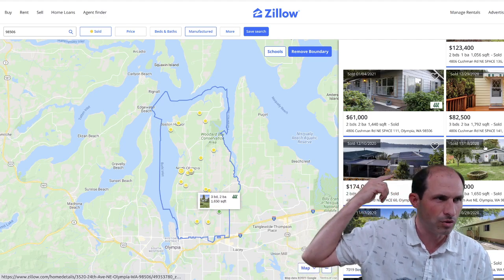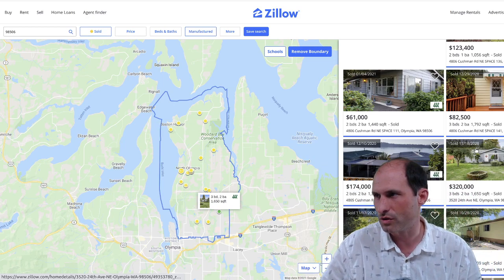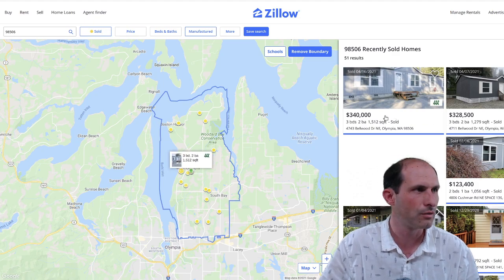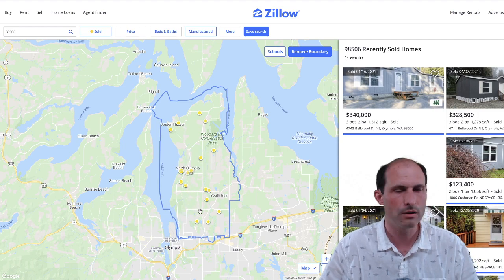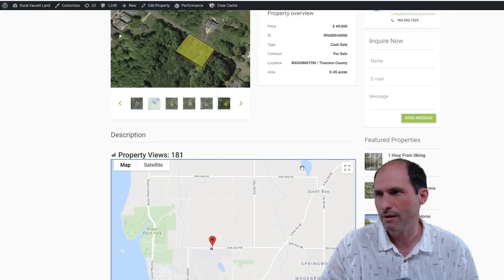And then, old ones, new ones. I think those newest trades are the ones to go off of. These 330 and 340, close to where we're at. We're down here, and those ones went off up here. These ones are closer to town. So if you bought this property and you put a manufactured home on here,